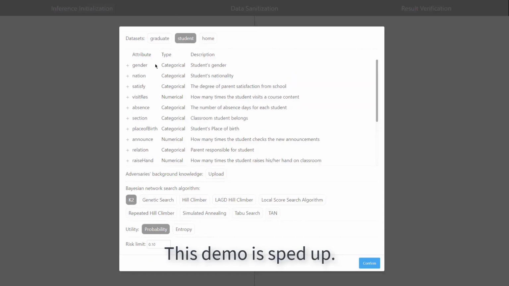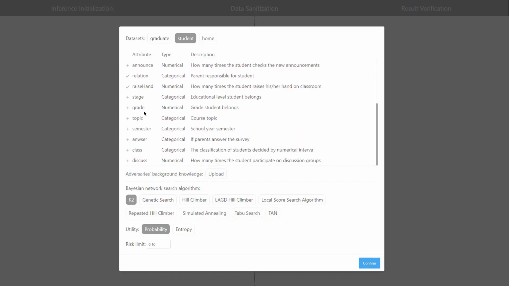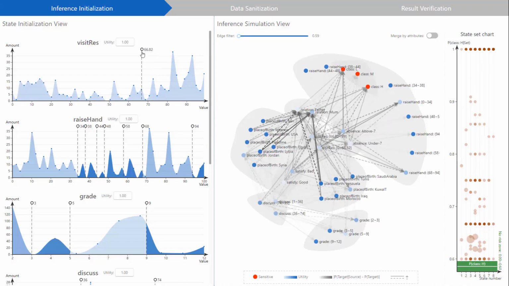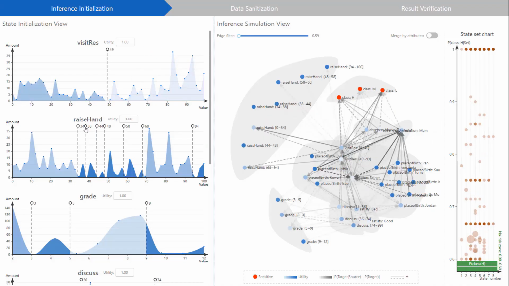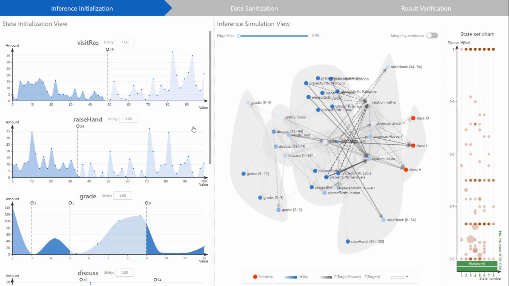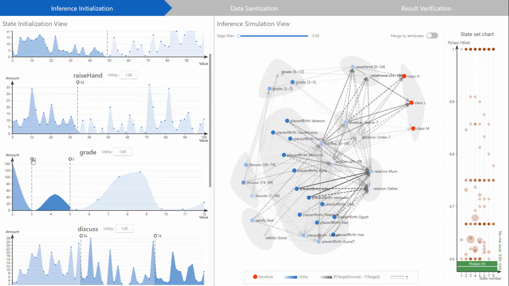The student dataset consists of 480 students, having information about their backgrounds, behavioral factors, and their parents' satisfaction status. We start by selecting 9 attributes in the dataset and marking the class attribute as sensitive. Then we set the privacy exposure limit to 0.3. In the first stage, inference initialization, we edit the split points of numerical attributes based on their value distributions